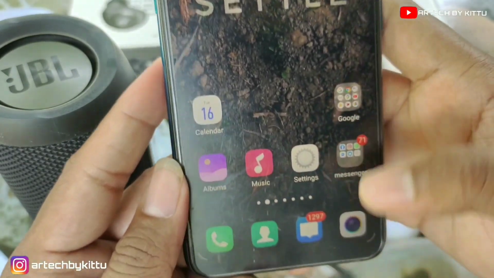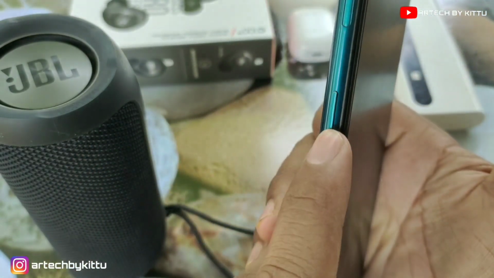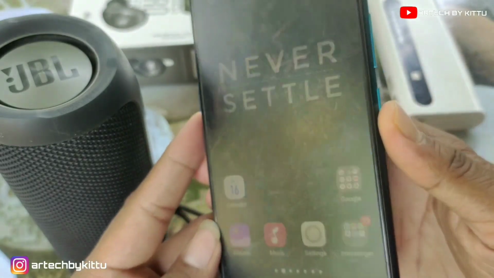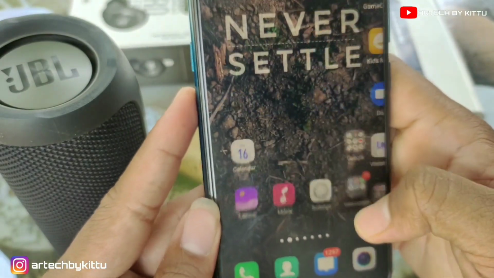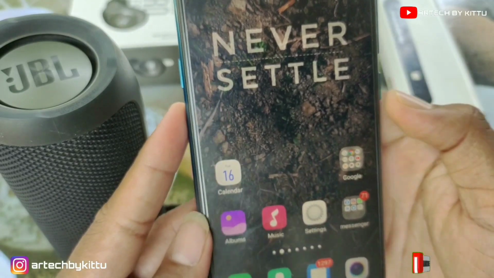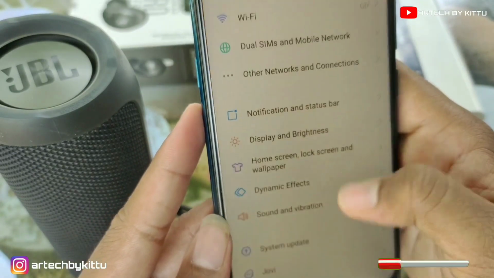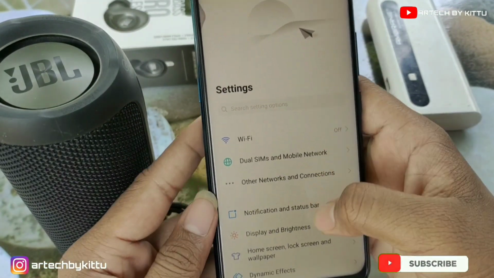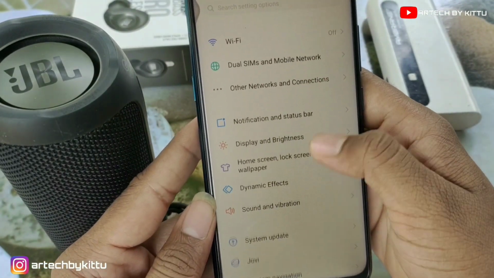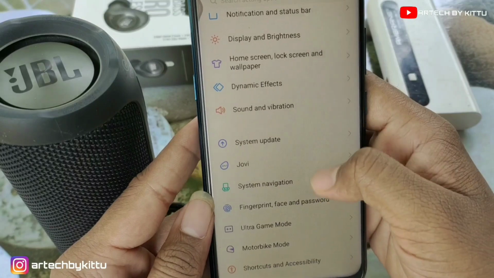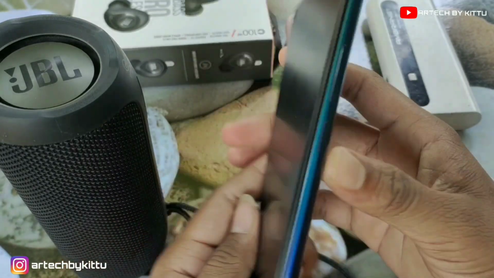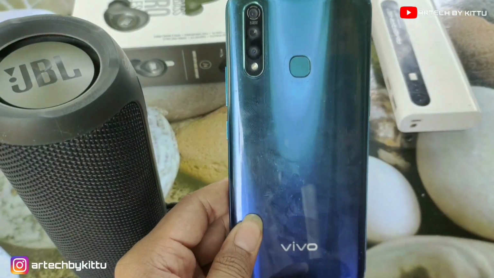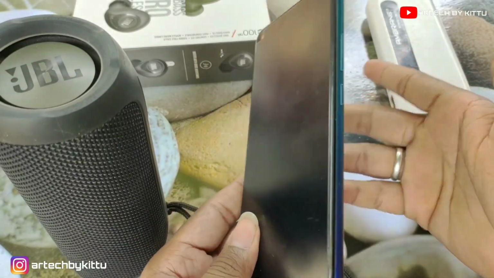They highlighted the calculator and compass features in this update, but in the calculator application they added only a currency conversion option. In the compass, only the interface was changed. Actually I was expecting more features from Vivo in the FunTouch OS 10 update, but I am really upset. The Chinese version had more options like remote control of the smartphone and Jovi voice assistant, but the Indian version has no such features.